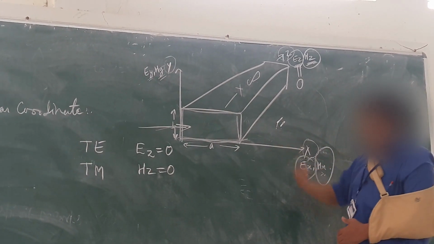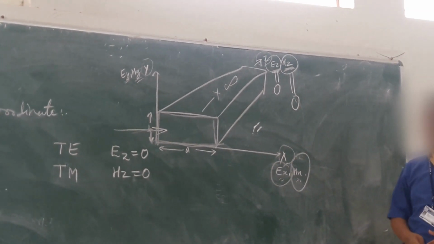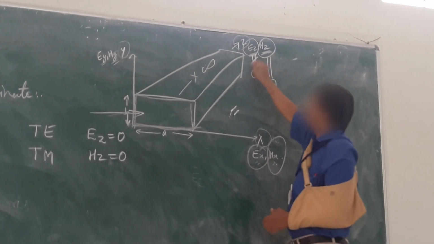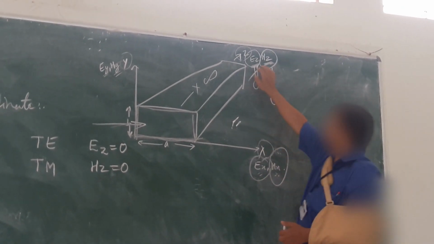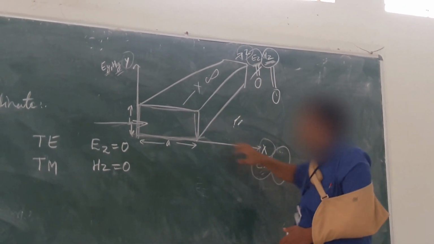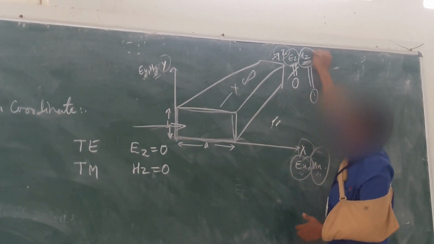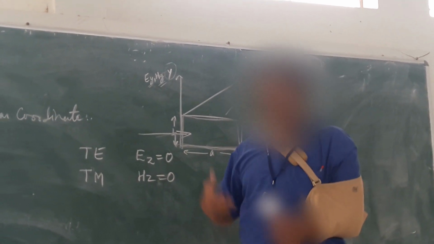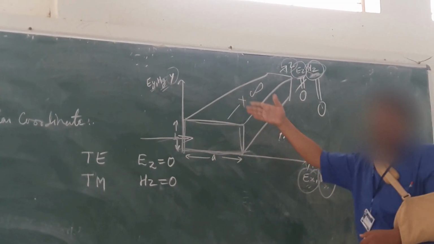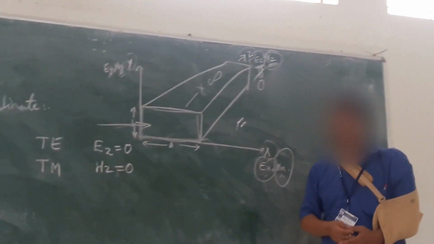Similarly, in the other way we can put the Hz component as 0. When we keep the Hz component as 0, we will have some value of the Ez component. If we know this Ez component, we can calculate the other values. There, wherever the Hz component appears, we just substitute it with zero so that we can get the values of the transverse components.